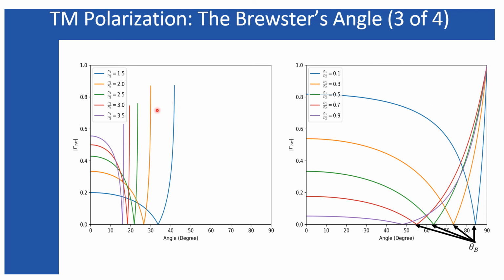But look at the second figure, second diagram. Here, after this Brewster's angle, as you are increasing the angle of incidence, you can see the reflection gets increased, but at some point there is no trace of the reflection, and this reflection in this case is not reaching the one.